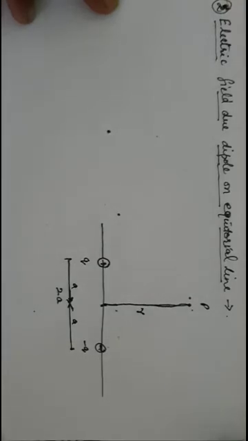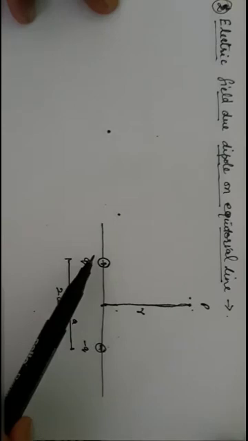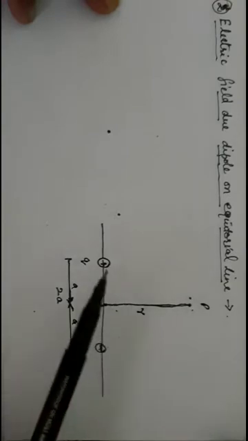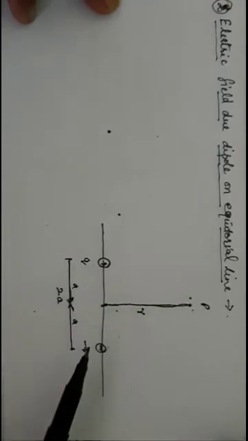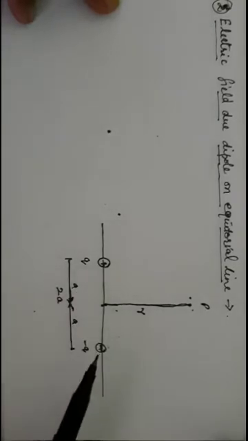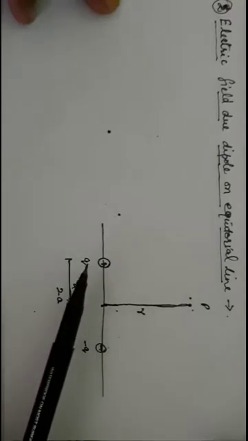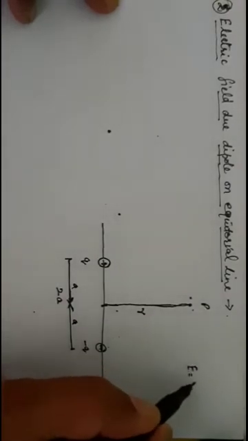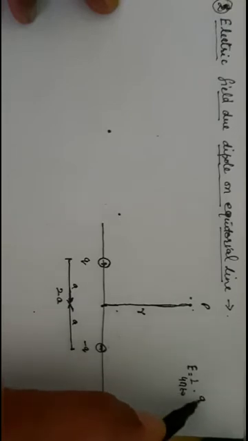The electric field at point P because of this dipole is equal to the vector sum of the electric field due to the positive charge and the negative charge. It means that first we calculate the electric field due to the positive charge and then the electric field due to the negative charge, and then we find the resultant by considering the direction. So first let us calculate the electric field due to the positive charge. We know that the electric field due to a point charge is 1 upon 4 pi epsilon naught, magnitude of charge and square of distance.